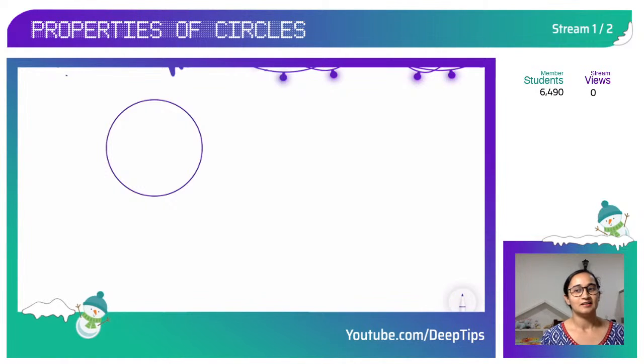As you can see, the topic is written: properties of circles. Children, do you remember when you learned about circles for the first time? If I look back, I think maybe in your kindergarten, right? When your nursery teacher showed you different shapes and asked you to identify which of the following is a circle, and see where you are today, learning the properties, right? So this whole universe, this earth is round, right? So circles are all around us. It's an amazing shape,